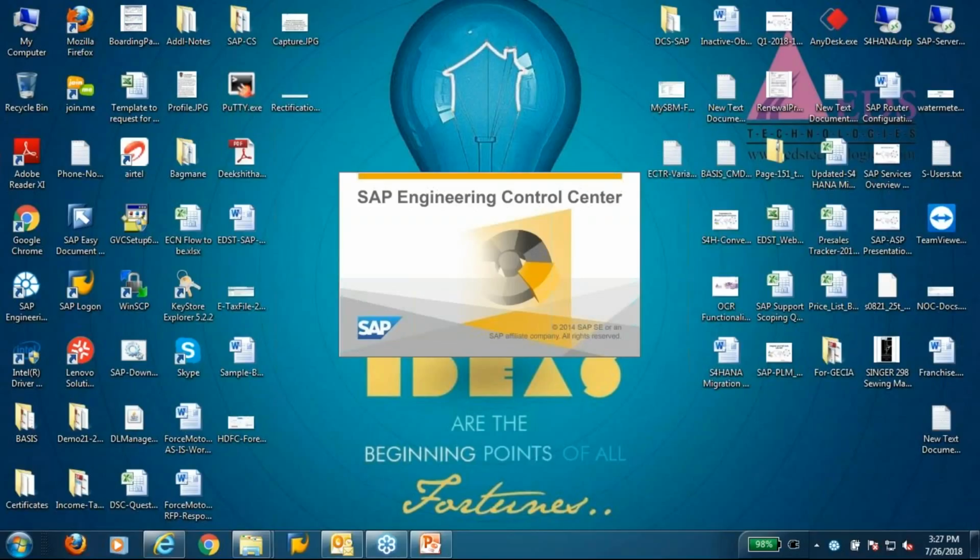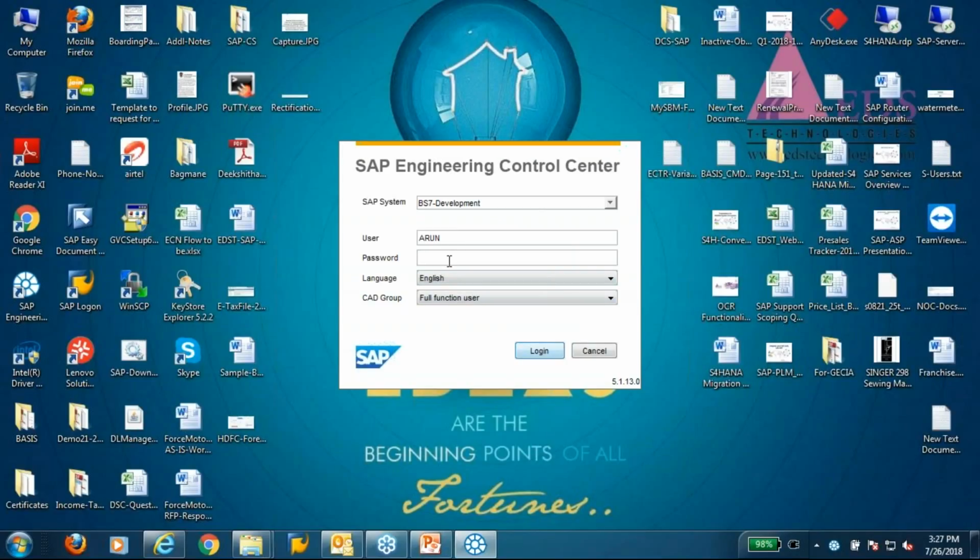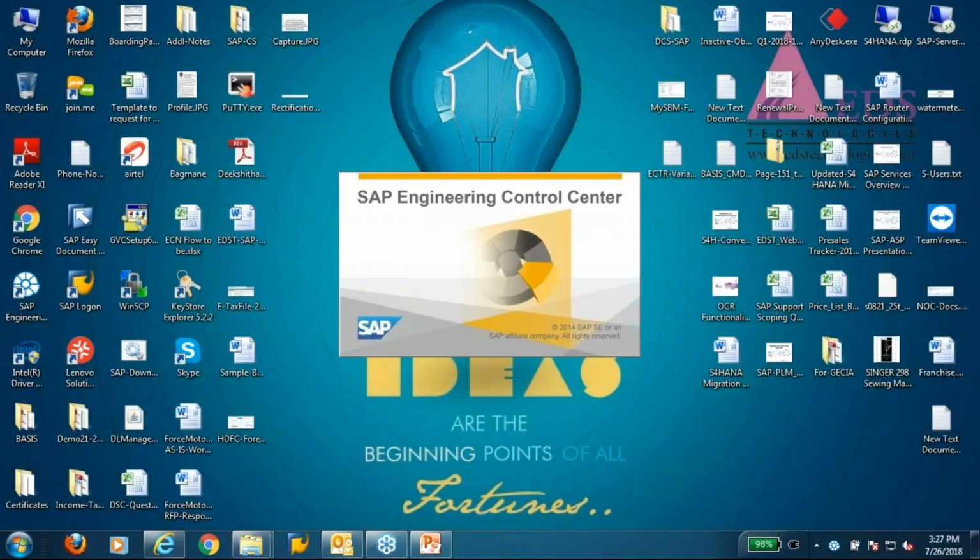In a similar way, you have a SAP PLM Engineering Control Center icon. After the installation that we do on the individual system, it comes onto their respective user desktop. You click on that particular icon, and it takes you to the login screen. I just enter the login credentials to take me into the tool. It's a simple Windows-based application, very easy to use and user friendly,